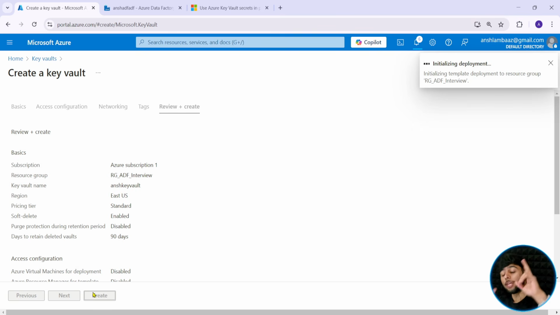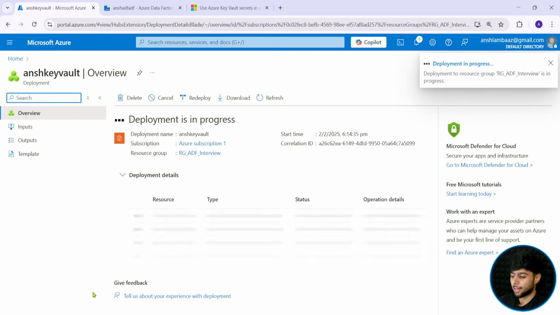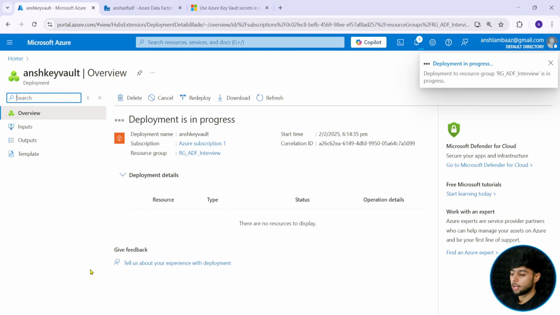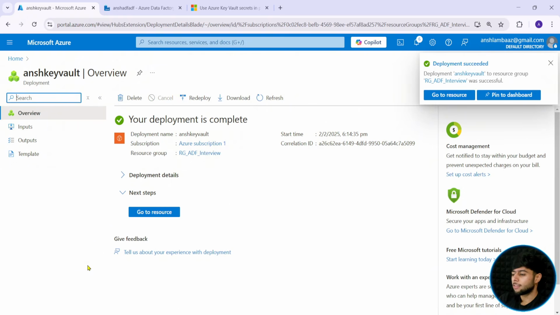This is just a key vault resource. You have not created a secret. I will tell you how you can create one as well, because by default you cannot. Earlier you could, but now they have enhanced the security so that you cannot create the secret within the key vault directly. So don't worry, I will tell you how. Basically, this can also be your interview question, like how you can create your key vault. And you can only answer this question if you have already created some key vaults. Otherwise, if you say you can simply go to the marketplace and just create it and it is done,